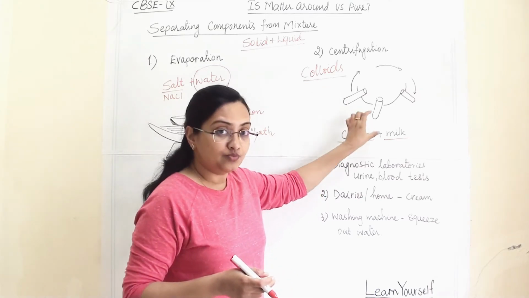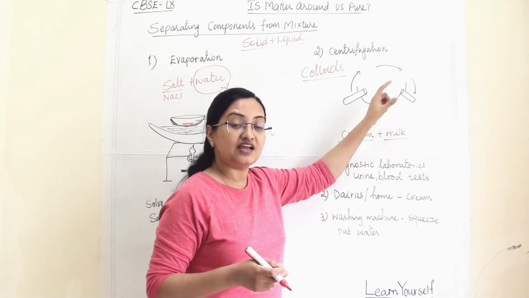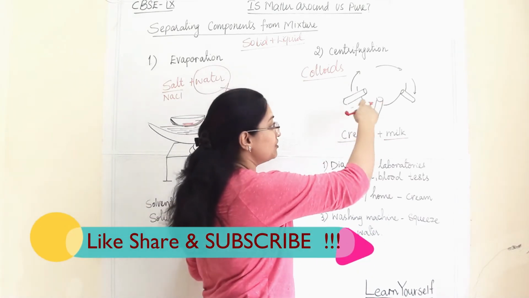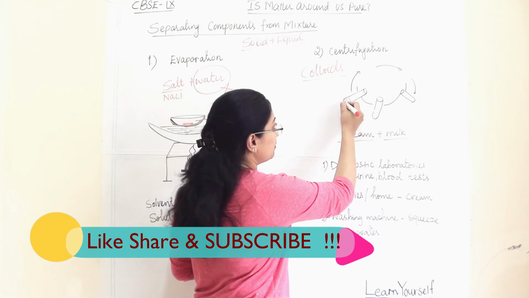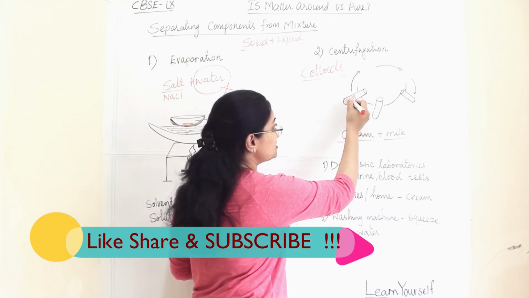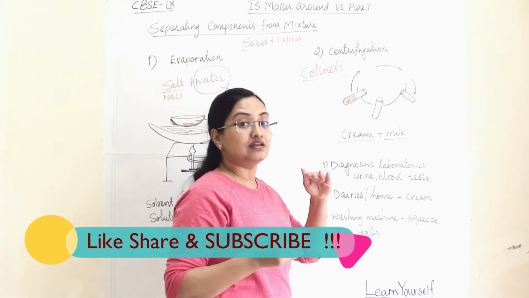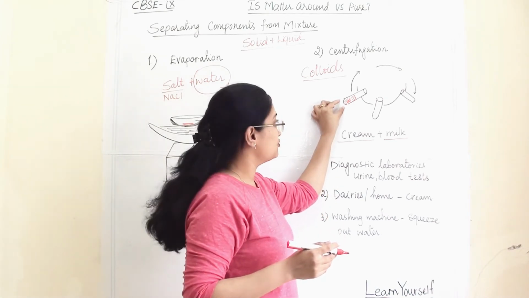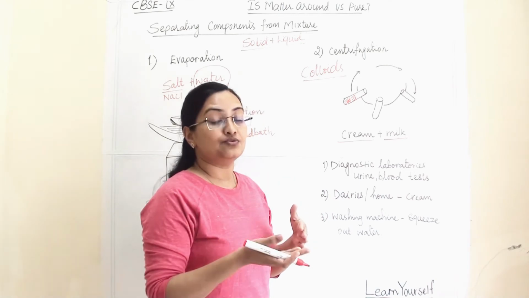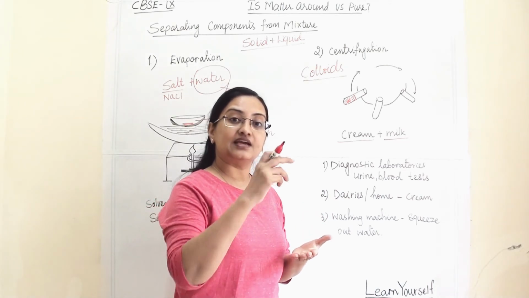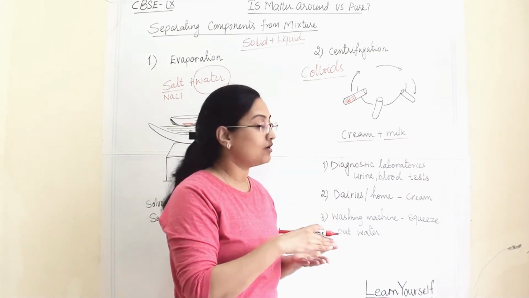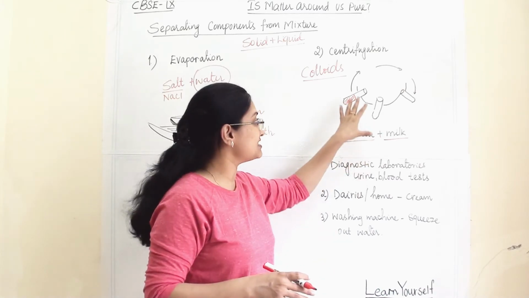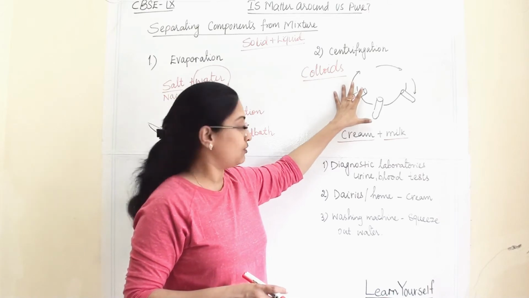In this test tube, we will take a solution and rotate it at a very high speed. At the end of our rotation, we will get the colloids separated from the solvent. They will be lying at the bottom of the test tube. After that you can perform sedimentation and take out the solvent from the top. So this is how we separate cream from the milk and colloids from the solvent.